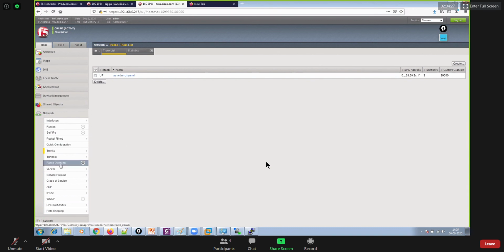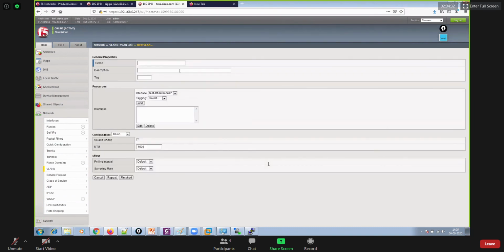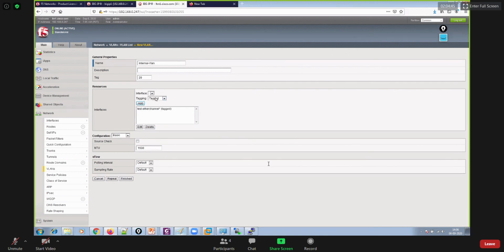Thereafter, you will go ahead and create VLANs. So go to VLAN, say create, and then say like the internal VLAN, right? Put name internal VLAN, tag, let's say it's 20, which is towards my LAN side. Okay, tagging yes. Add onto this Ether channel, right?